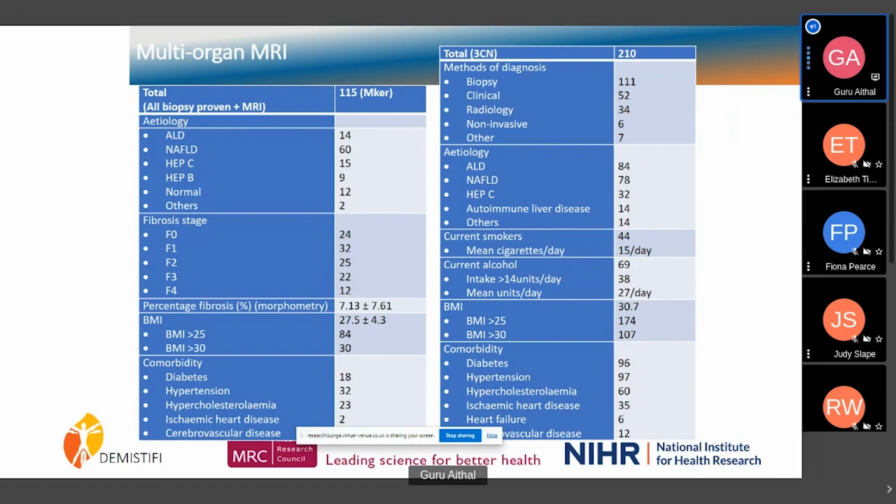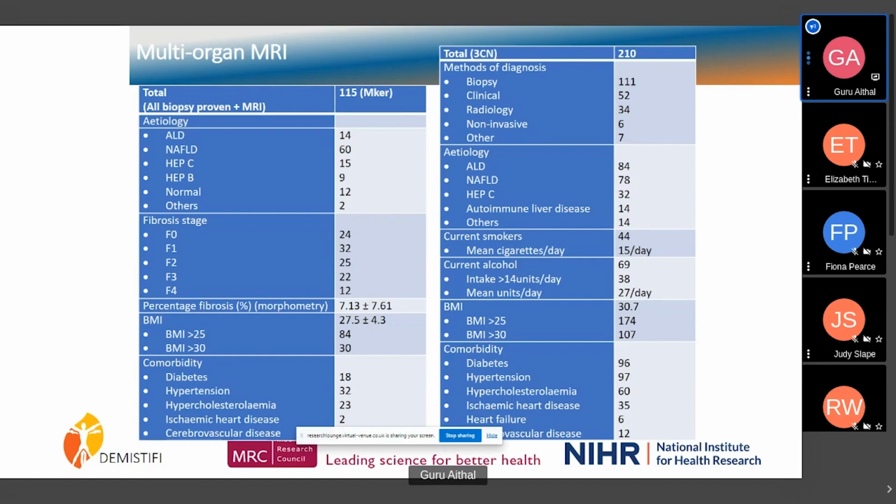I won't go through the details except to say why this kind of technology is important. If you do an MRI scan, you do a focused scan, and you optimize your protocol to look at the liver or a kidney or heart, depending upon what you want to do. So this is a specifically designed protocol, which can be done in as much time as we have in a clinical MRI scan, but designed to pick up scarring in multiple organs.